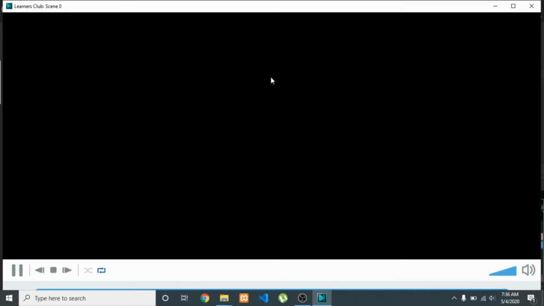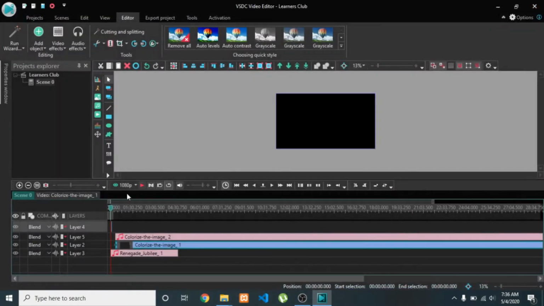It will load another player window to show you the preview of what is going on.